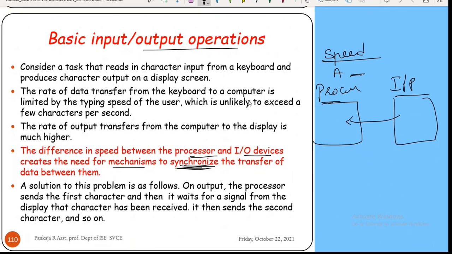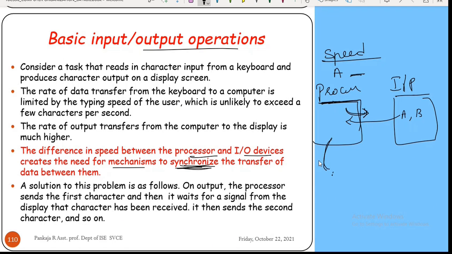So in that case, the processor keeps on waiting for my instruction, without performing any active operations. Okay, it is just waiting. I'm just entering or creating some document A, okay, B, something like that, very slowly. So in that case, if there is no synchronization, the processor will just keep on waiting for my input. Even though it works very fast, due to the slow speed of the input device, it is not performing the task at a faster rate. So now how can you cope with this speed difference?